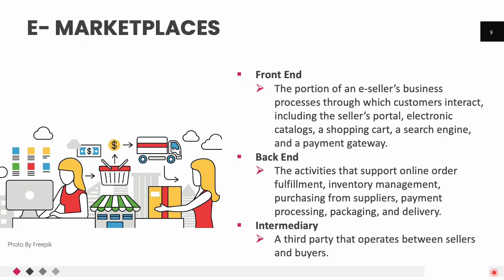Then order fulfillment: processing, packaging, and shipping the order. Then supplier purchasing: restocking products from the manufacturer. Then the payment process: confirming payments with banks. And then delivery coordination, working with couriers like FedEx,